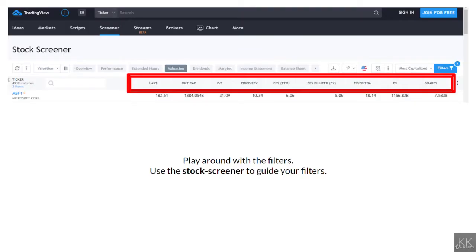Now, when you go to the websites that I recommend to screen your stocks, they are all rather similar. In this case, I'm just going to show you TradingView. Now, they all have filters which allow you to sort out the relevant stocks. Over here in this image, I've highlighted those filters in the red bar over